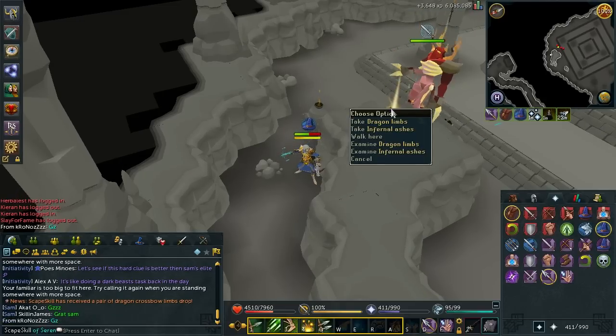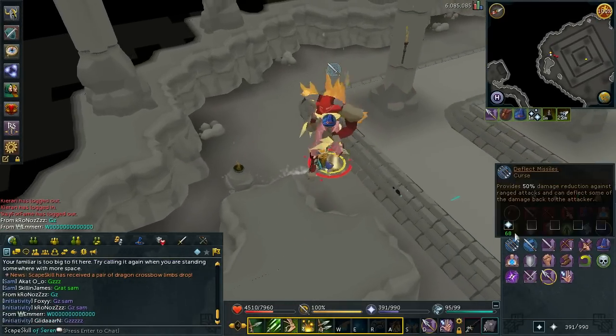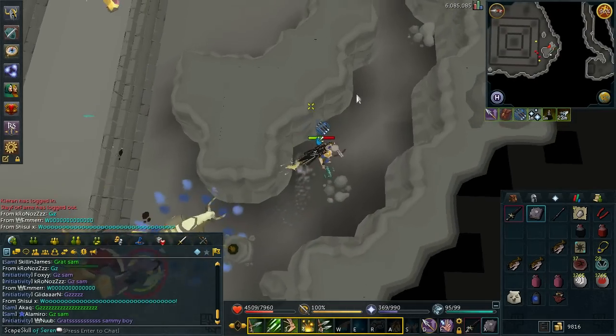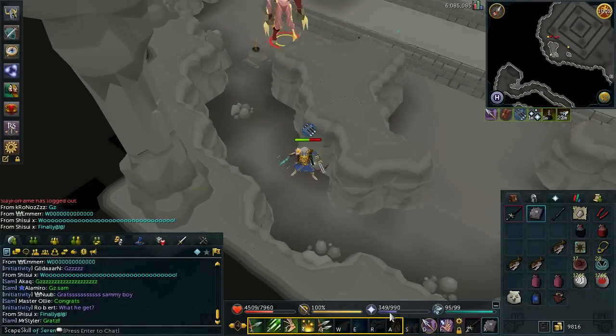Okay guys, so heading back to Tormented Demons, I finally got the Dragon Limbs. Really happy to get these, especially seeing as it was literally the last drop I needed for the series. Once I had this, that was it. I could make the crossbow, and I was just really happy to know that I've actually completed the